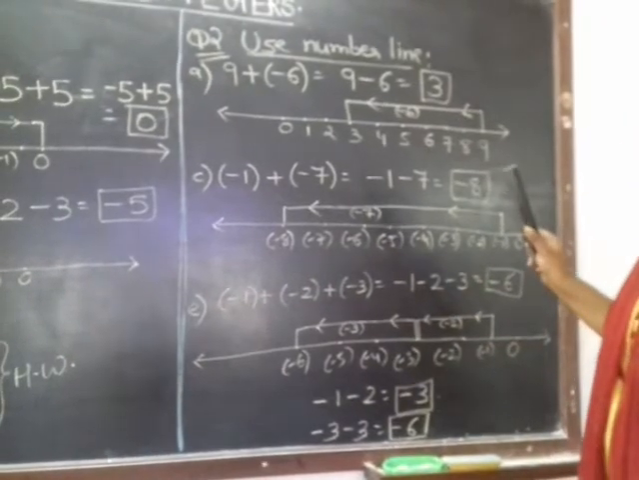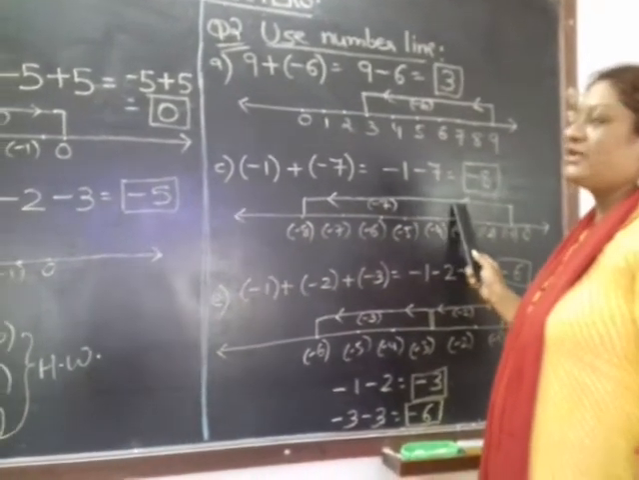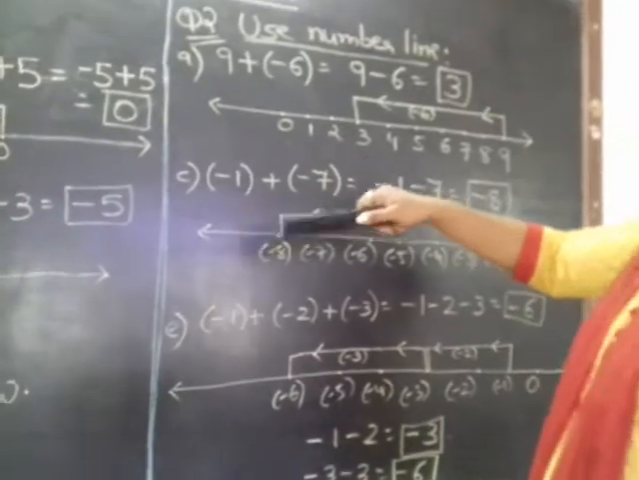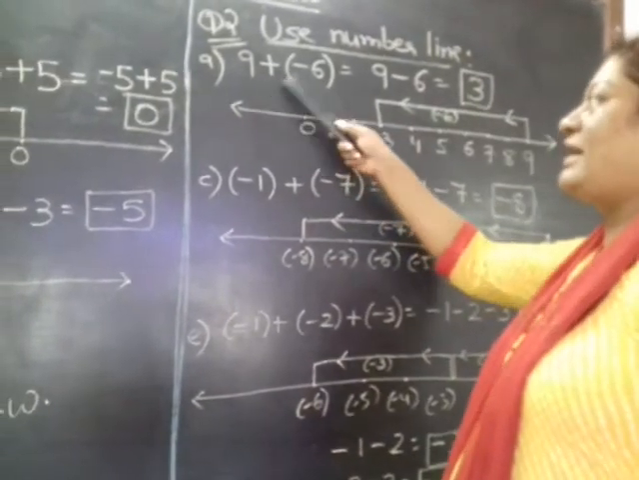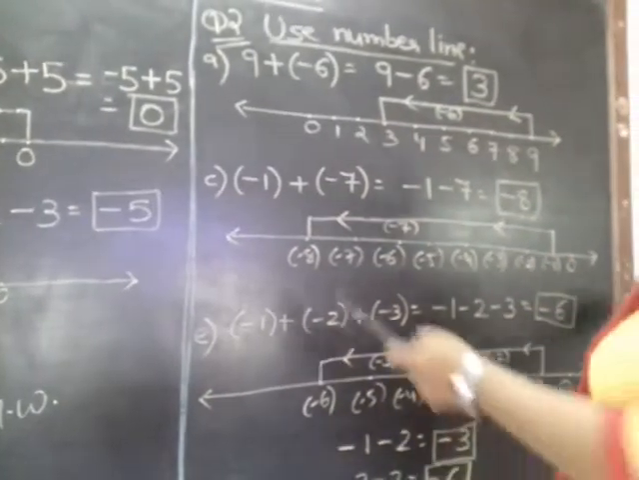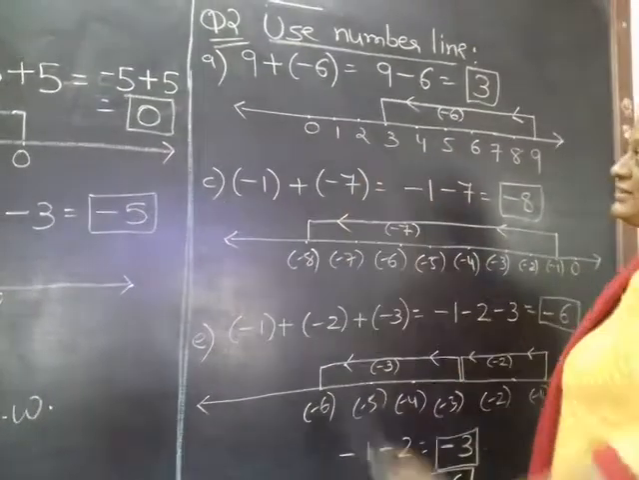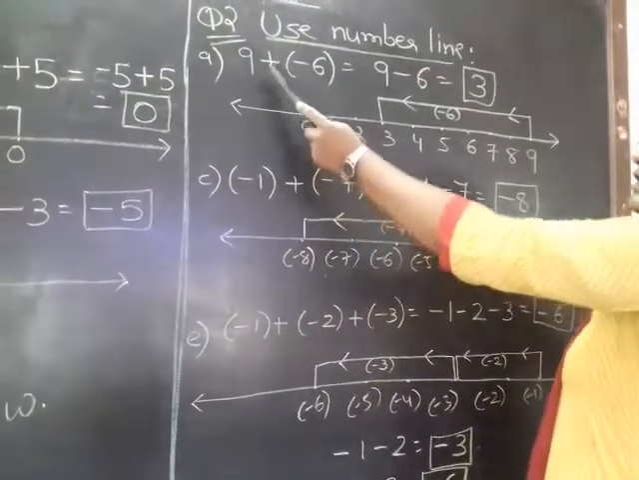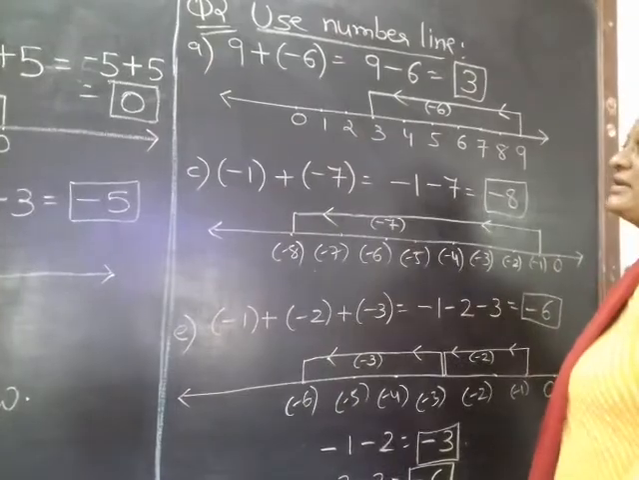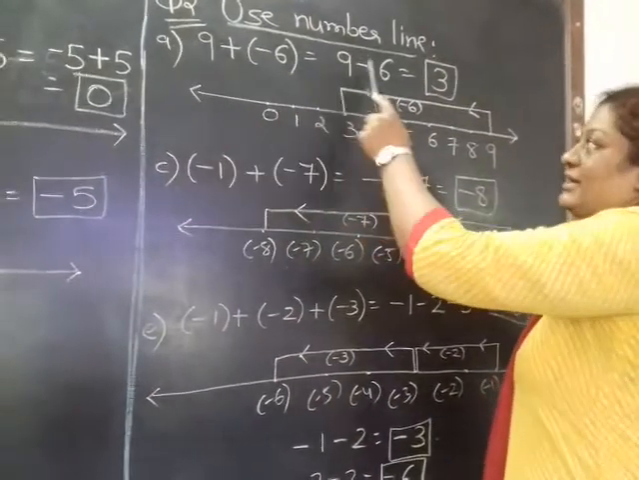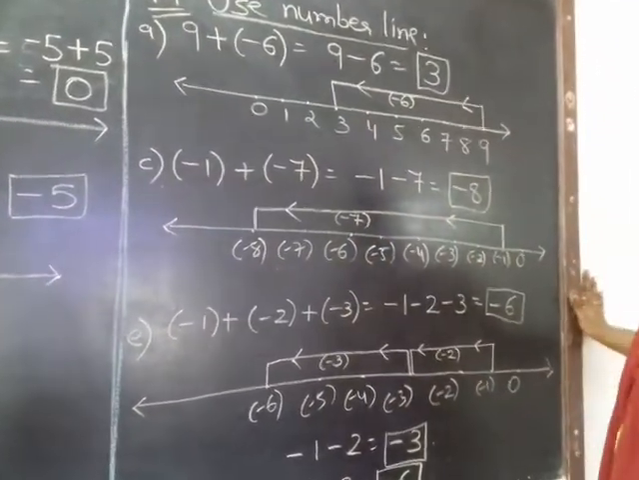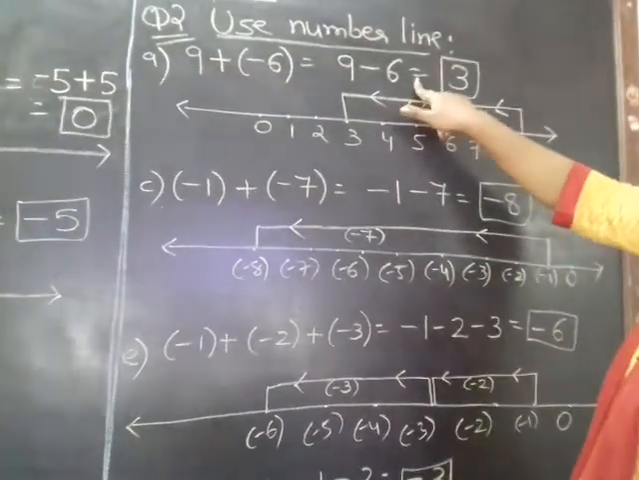Okay, moving on to question number 2. Use number line to show the integers given. Here they had simply shown the addition and subtraction, what rules we had studied. 9 plus minus 6. Now children, again I repeat, when we have two signs together, that is plus and minus, plus is always removed and it will be taken by minus sign. So 9 minus 6, your answer is